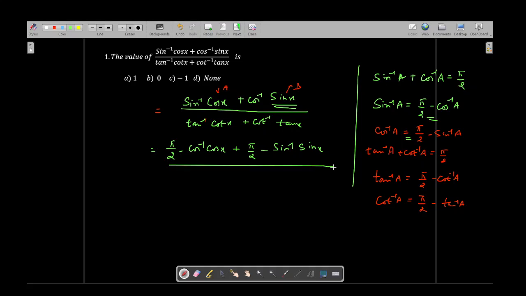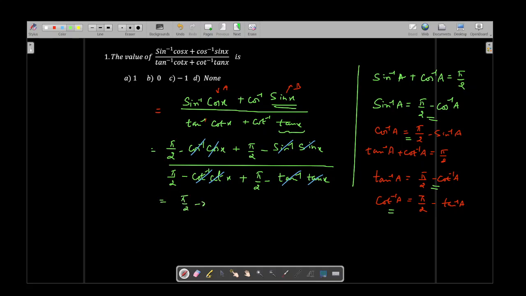Divided by, here also, in place of tan inverse of cot x, I can write pi by 2 minus tan inverse of x is pi by 2 minus cot inverse a. So this is cot inverse of cot x, plus pi by 2 minus cot inverse of a is pi by 2 minus tan inverse of a. So this is tan inverse, and in place of a I should put tan x. Now I can cancel cos inverse and cos, sine inverse and sine, cot inverse and cot, tan inverse of tan, and I'm left with